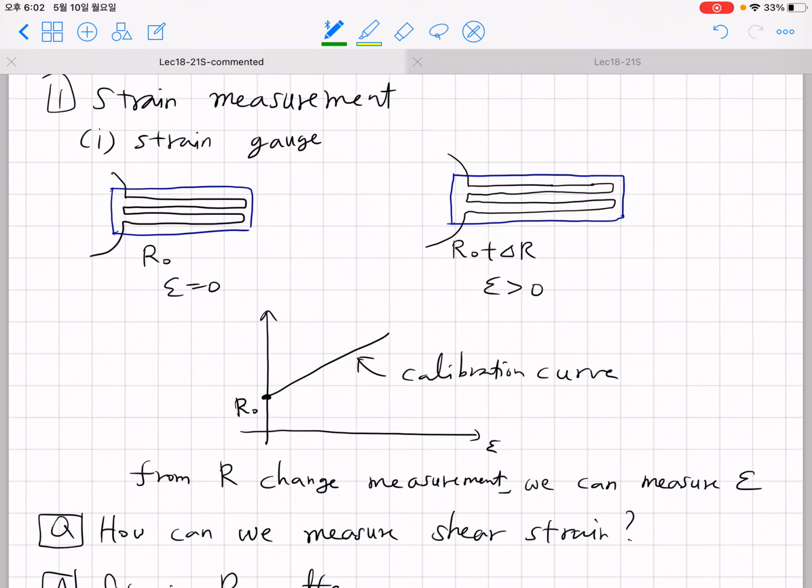Let me first introduce what a strain gauge is. Some of you already know the concept of a strain gauge, or some of you may not. But let me give you a simplified geometry of a strain gauge. A strain gauge is a sort of electrical wiring that can be attached on the surface of mechanical components and mechanical devices. So if you attach this kind of